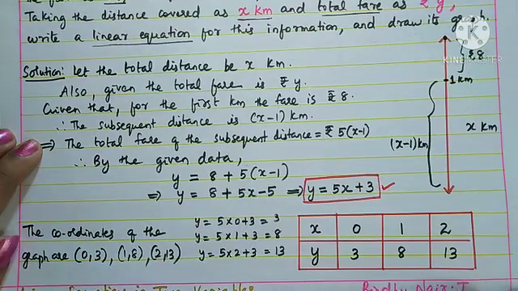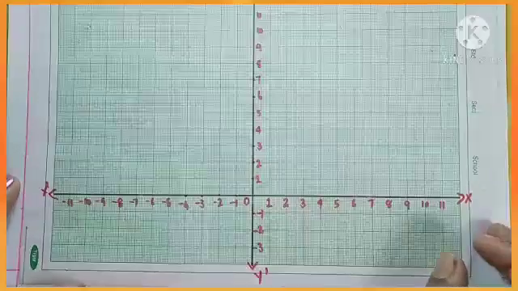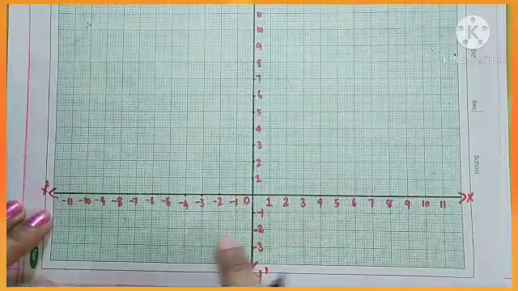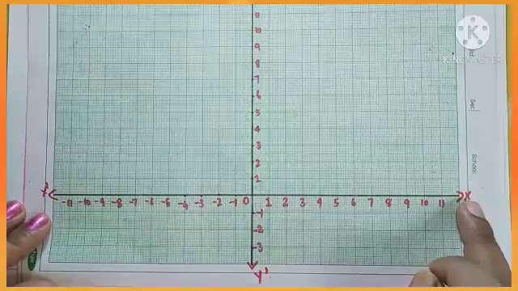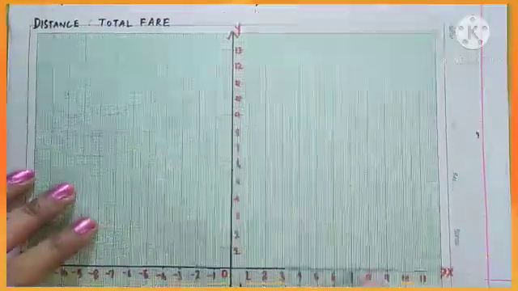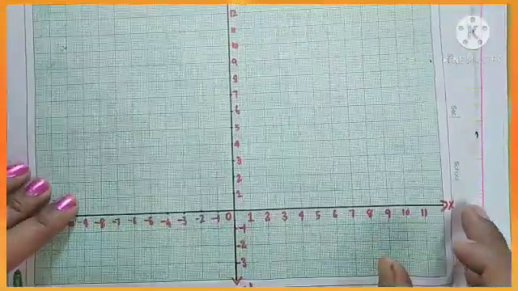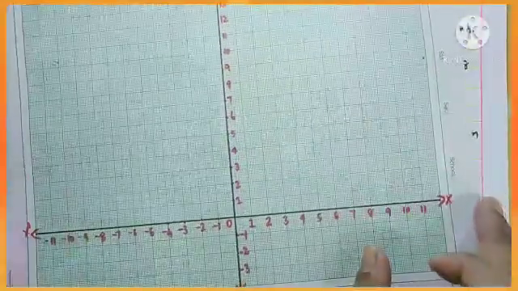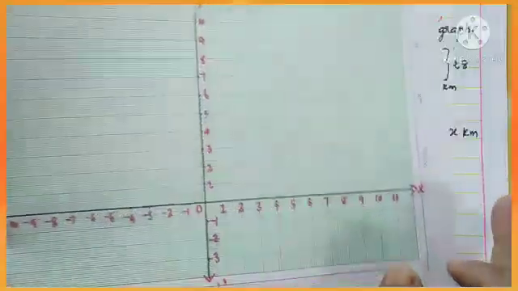Now for this you want to draw the graph. So children, you know to draw the Cartesian plane here. So I have drawn here the 4 quadrants. You want to mark x, x dash, y, y dash, all of them you want to mark correctly. And the middle is the origin 0. And now you see here, according to your x and y values you want to draw the graph.